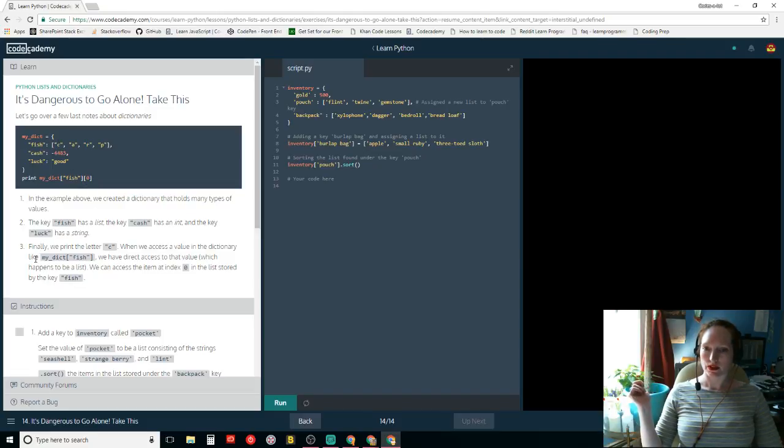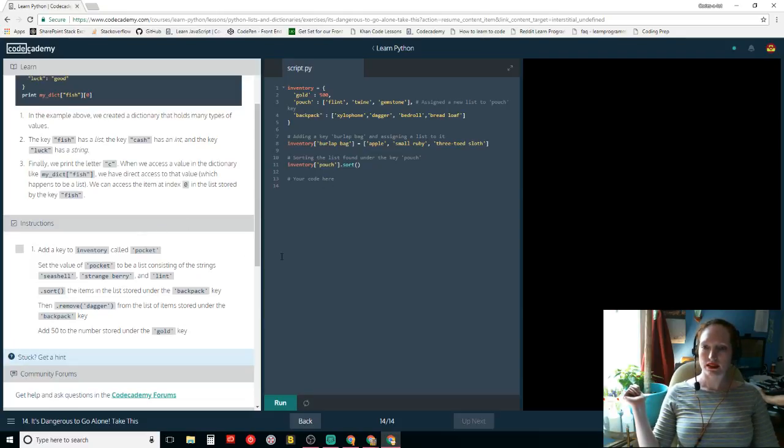You access the value in the dictionary, fish, you print the letter C, and you can access fish and then index 0 inside this list, right? This key and then this index in the list. Okay.